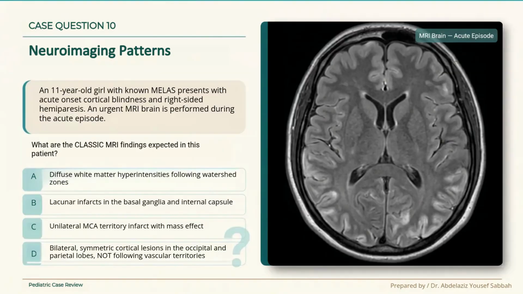Our 10th case. An 11-year-old girl with known MELAS presents with acute onset cortical blindness and right-sided hemiparesis. An urgent brain magnetic resonance imaging is performed during the acute episode. The question is, what are the classic imaging findings expected in this patient? Option A, diffuse white matter hyperintensities following watershed zones. Option B, lacunar infarcts in the basal ganglia and internal capsule. Option C, a unilateral middle cerebral artery territory infarct